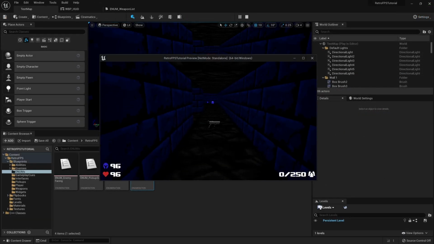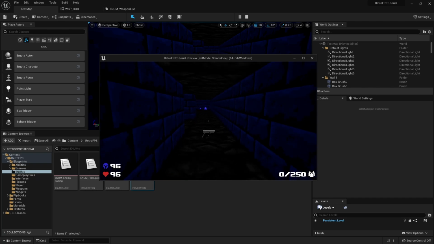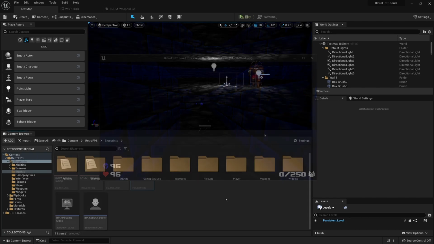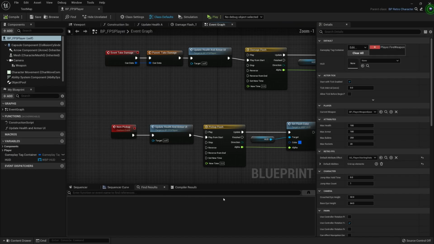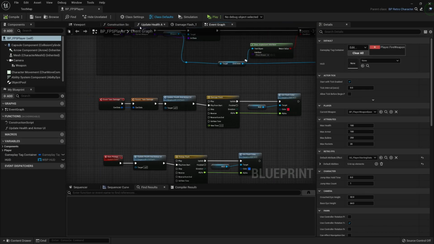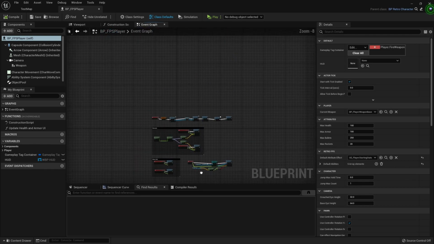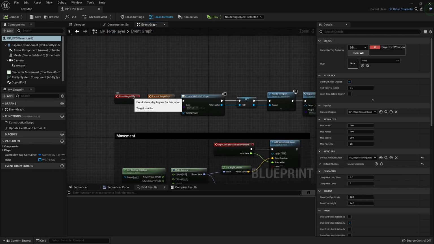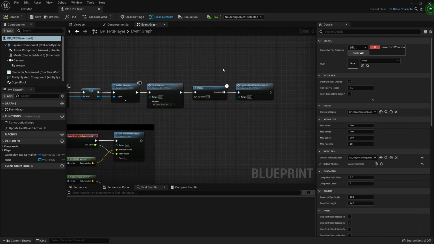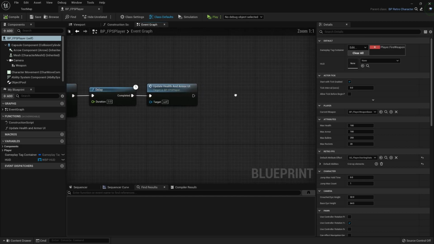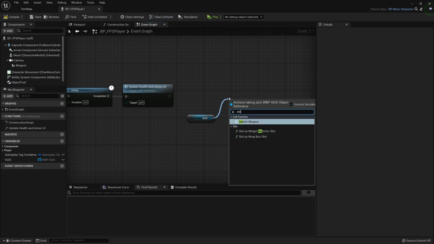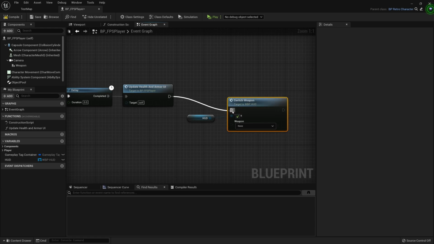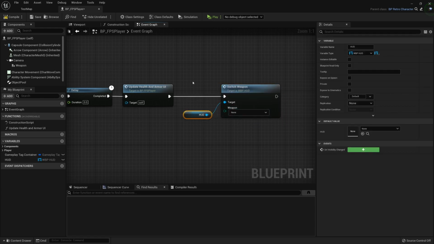So if we play, you'll see it's still there because we're not actually firing that custom event yet. And so let's figure out how that will work. So let's open the FPS player blueprint. And in the event graph, right at the top here, on the begin play chain of nodes, we're going to go all the way to the end, and we'll get the HUD, and we'll run the switch weapon event, and then make sure it's set to none.